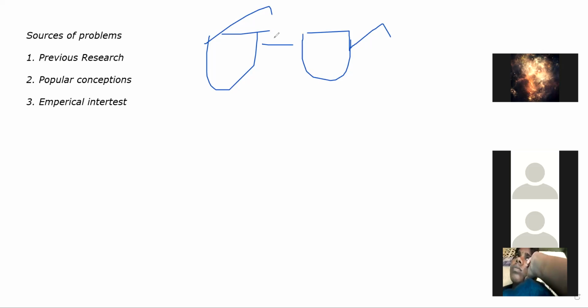Essentially, curiosity. Curiosity can be a very rich source for research in general. In empirical interest, your curiosity leads you to a problem. Okay, maybe you are curious about a certain phenomenon. Why is this particular thing happening? Is it only me who is feeling about this phenomenon this way, or is it pretty common?